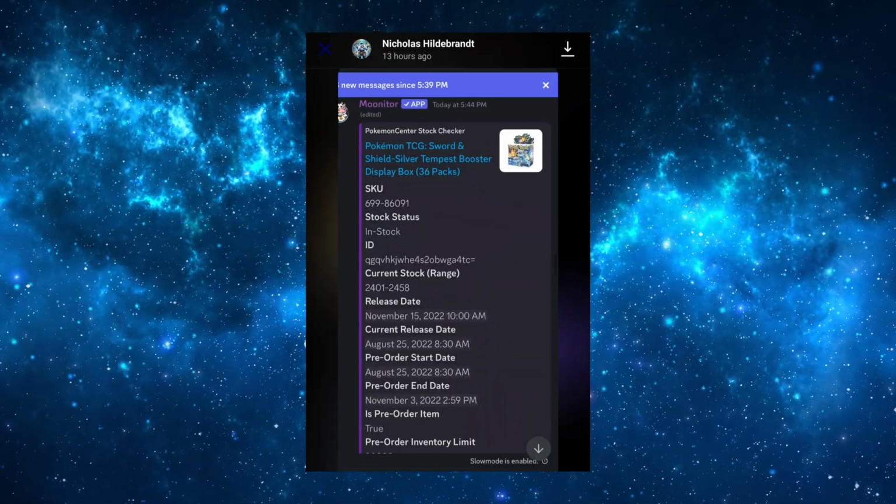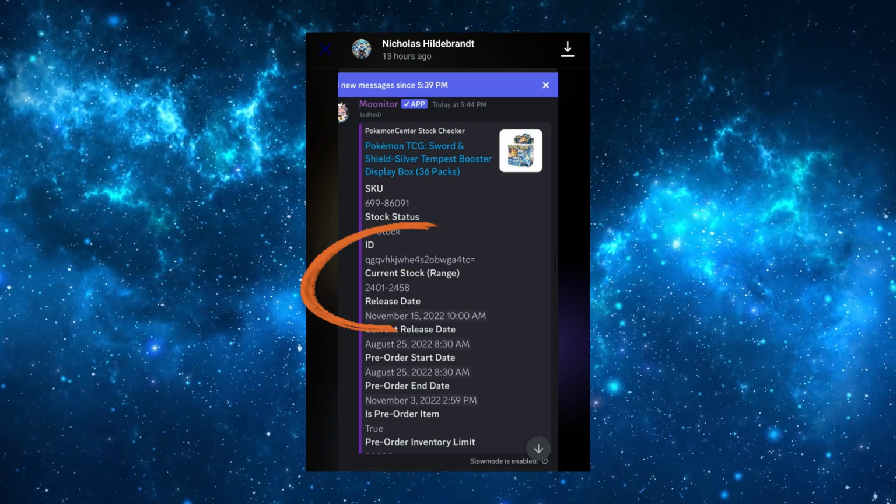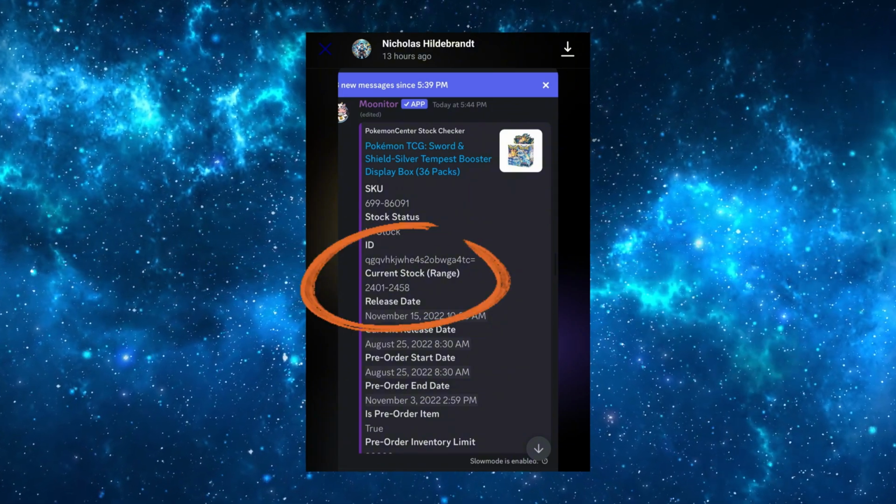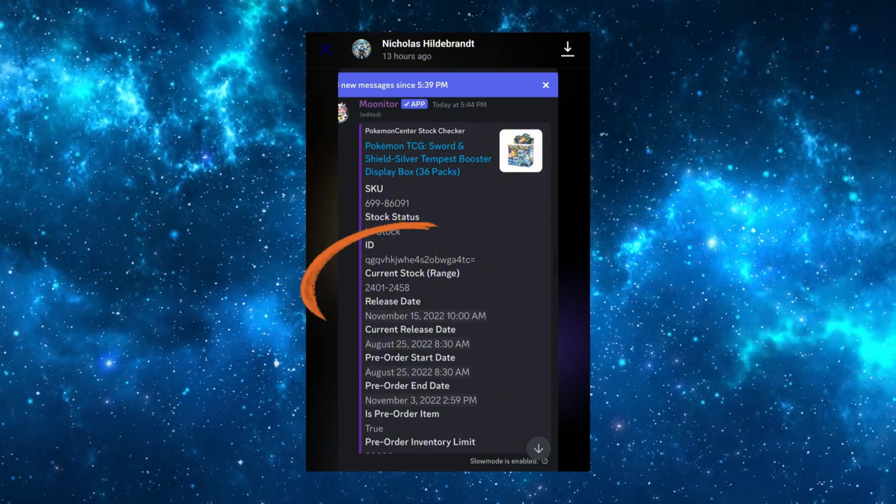My friends, how the turntables have turned. I got a note from Nick just now, and he shared this screen cap with me. And here's what this screen cap shows. We've gone from 5,000 booster boxes in stock to just under 2,500. You can see the inventory range there, guys. 2401 to 2458. And the other very important detail is it's not 100 boxes that are getting sold every day now. It has skyrocketed to